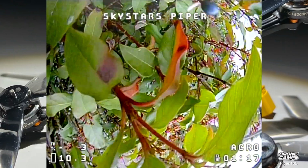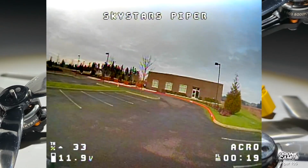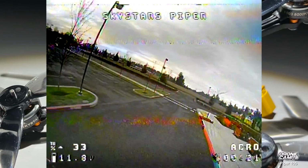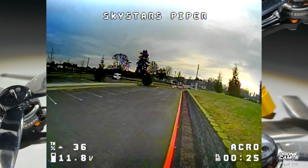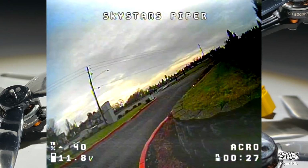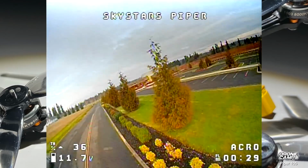There, I took another hit and a crash in the bush. This quad took a lot of hits, which I really like. For around the $100 range, if you were looking for a little ripper that is just a freestyle maniac, it feels like a little miniature,